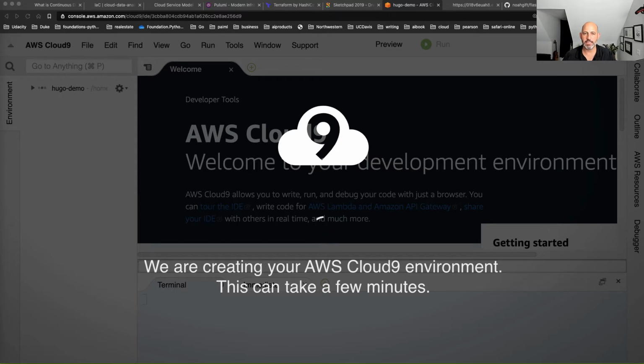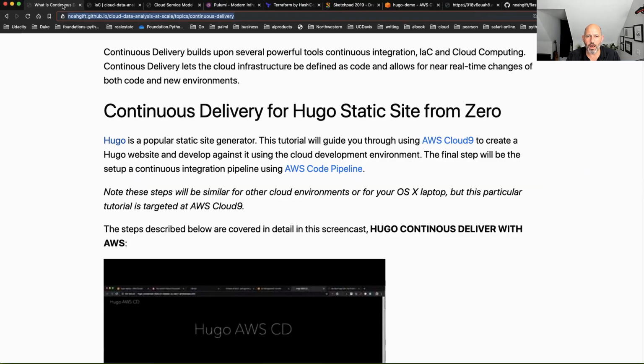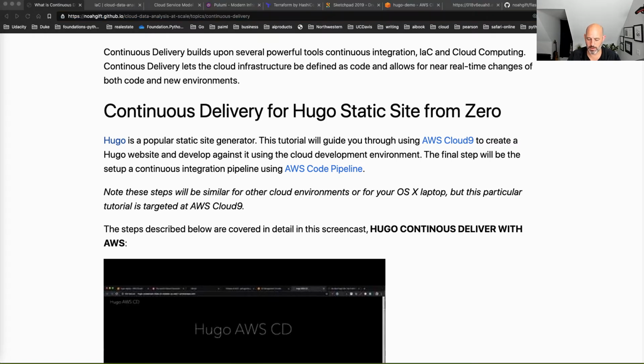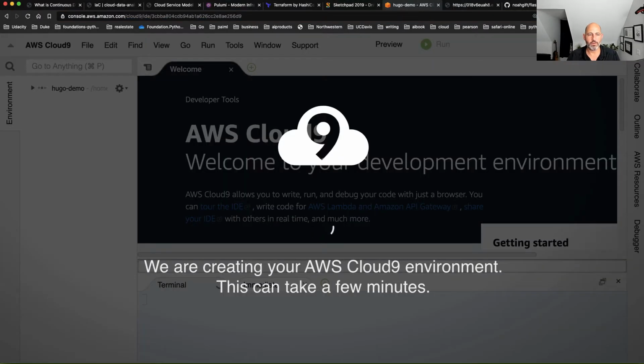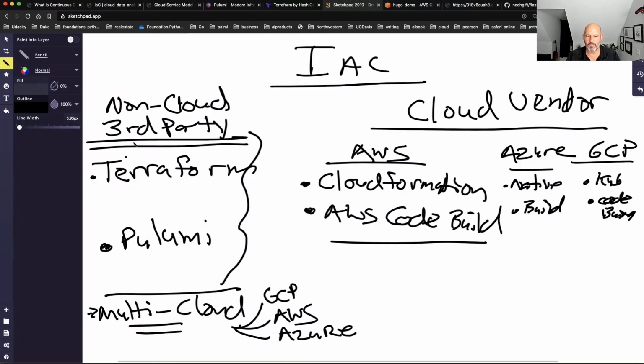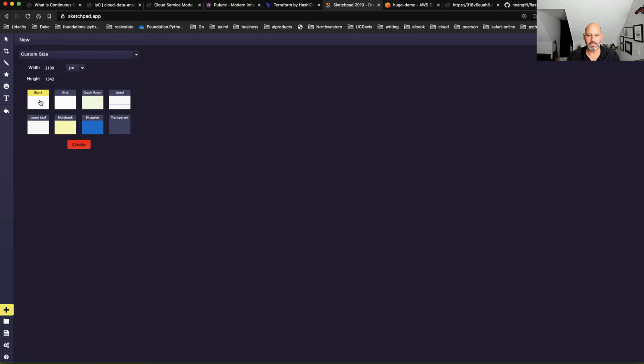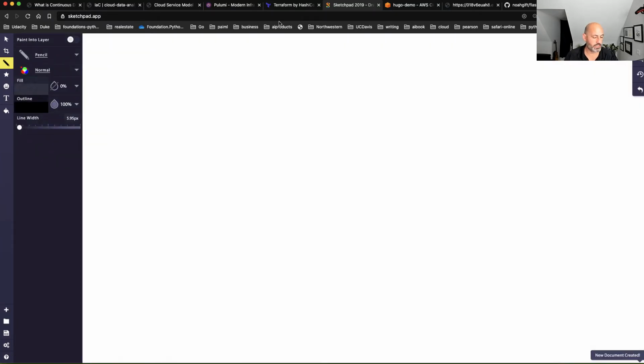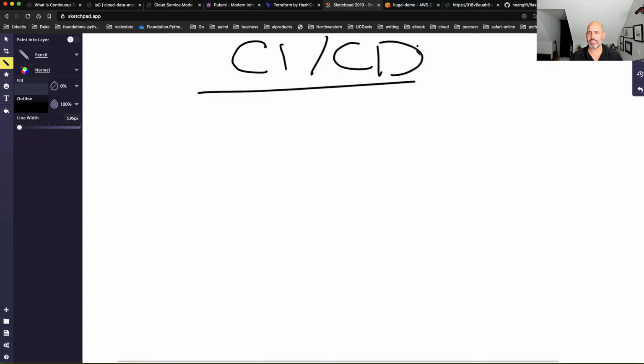I'm going to set up this Hugo continuous deploy, or continuous delivery, and while that's spinning up, I'm going to put this in another tab here, so I can refer to it. And just while that's almost finishing, let me briefly say what continuous deploy, or delivery, is, and differentiate between the two things, because it's very confusing to most people. They're like, wait, what is CI/CD? So you'll hear CI/CD a lot, and you're like, what does that even mean?